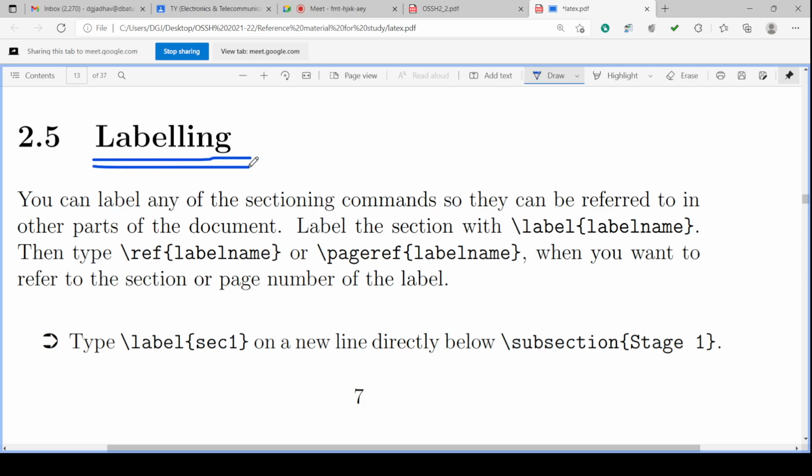We have to label some words or lines, and we have to take that label to its respective location also.